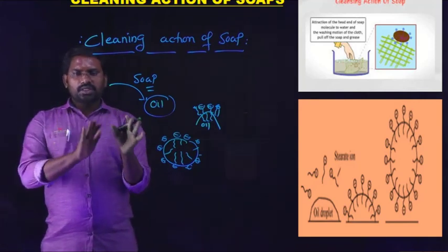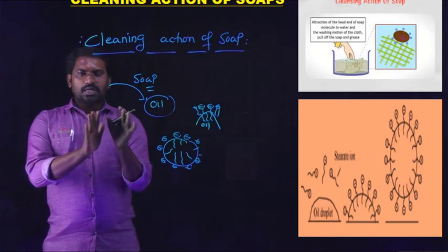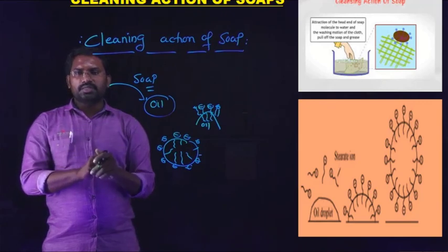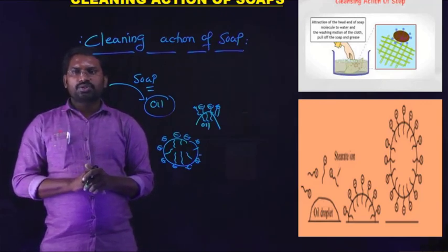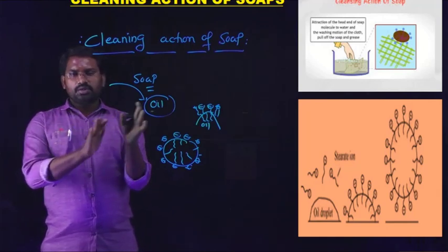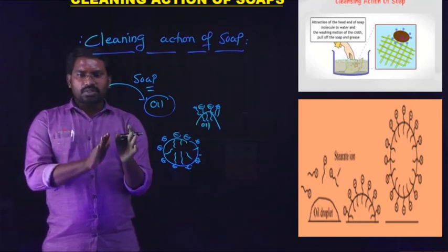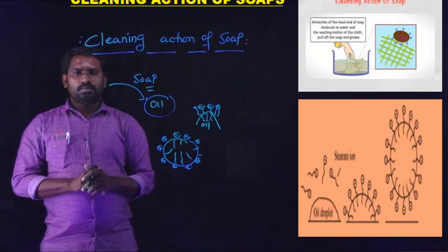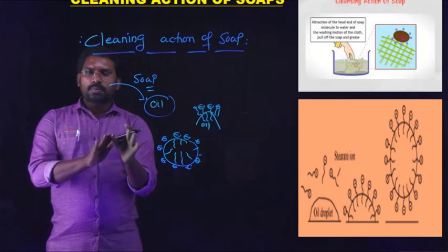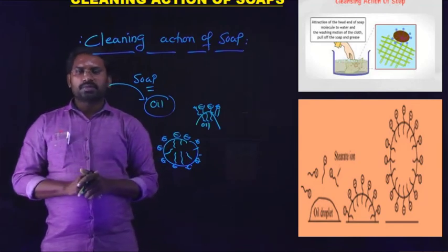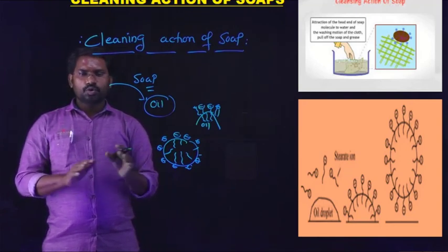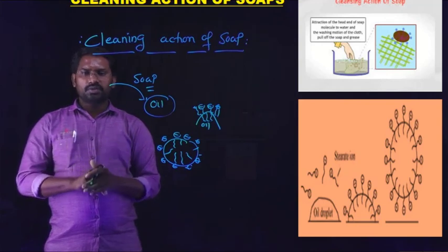Okay, in the cleaning action of the soap, we clearly identify the concept of the formation of the micelle. We already know how micelle formation takes place in the mechanism of micelle formation by using soap solution. In the same manner, when soap is applied to the cloth, the oil droplets or grease droplets are washed away in the form of the micelle. So the same mechanism of formation of micelles in the case of soaps applies to the cleaning purpose of the soaps. Mainly, soaps are useful for cleansing clothes.